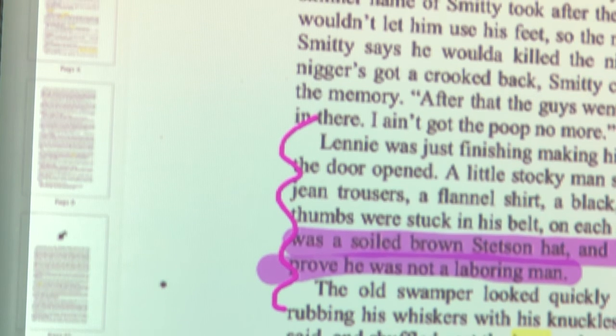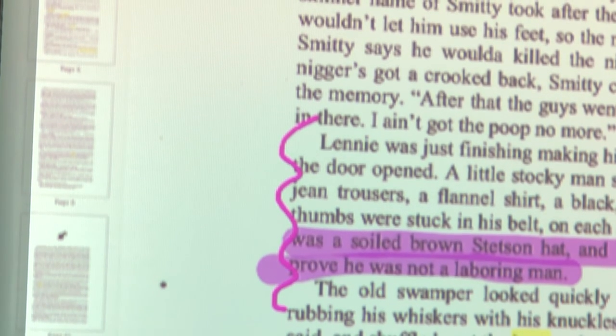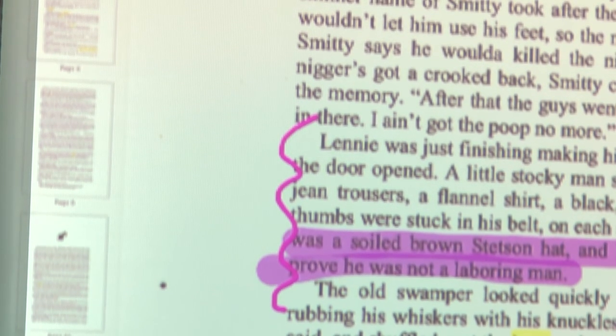And he wore, you might just want to start with he wore, high-heeled boots and spurs to prove he was not a laboring man. Do you want all of that that's highlighted, or do you want to break that sentence into just the last part and quote it? Do you want to put a quote in there for the boss at all? That is up to you. Yes, ma'am. For what? It would, but you bring up a good point, and then we have to go.